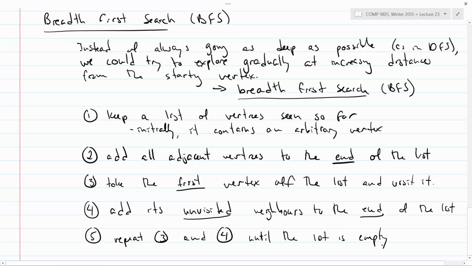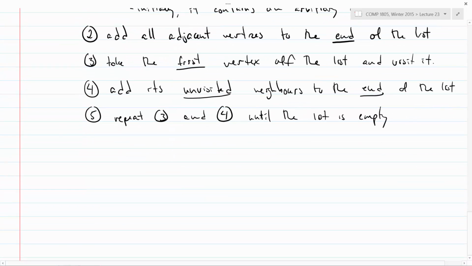So it's really important to pay attention to when you're adding things at the end and removing things from the front. This, in fact, has a special name in data structures. Does anyone know what it is? It's a queue. So this is an important data structure. DFS, you do with a stack. BFS, you do with a queue. So if this seems weird, I'll do an example, and then hopefully it won't seem weird anymore.